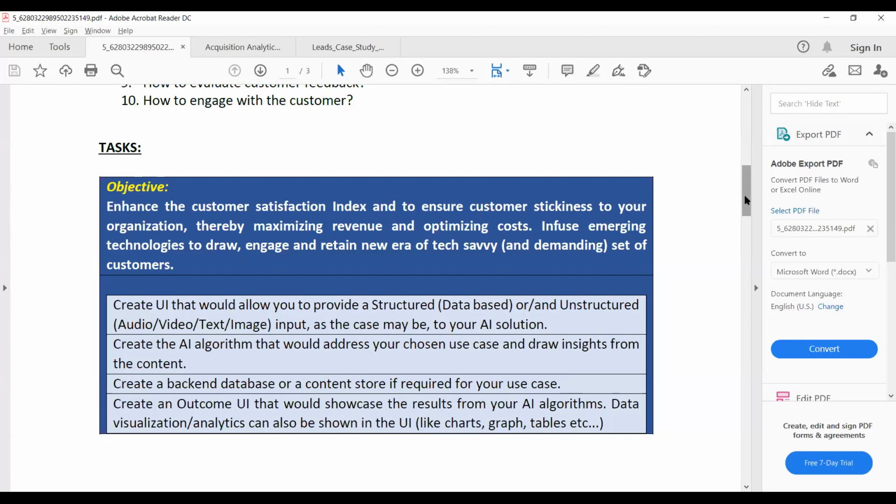Now what exactly it is saying: your task is to create a UI which would allow you to provide structured or maybe unstructured input, as the case may be, to your AI solution. So maybe somebody can develop one UI in which you just browse some sort of picture, some sort of audio, depends on you.